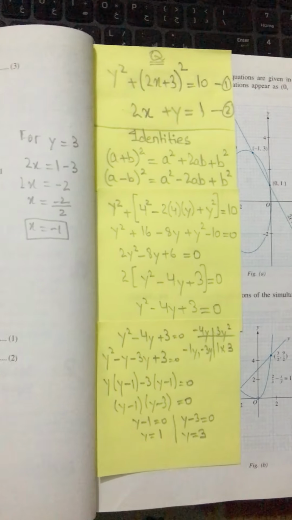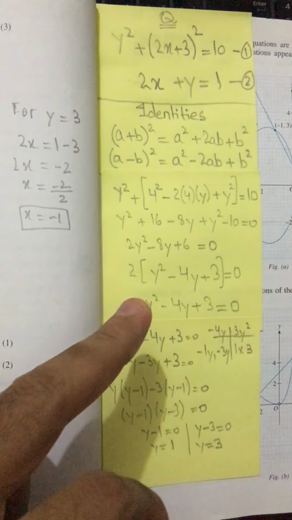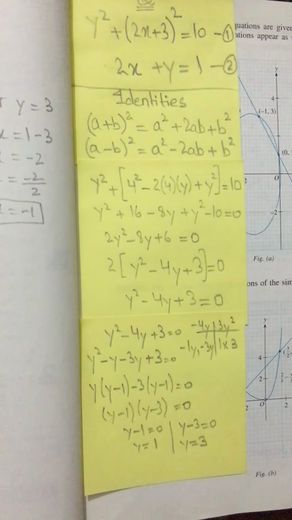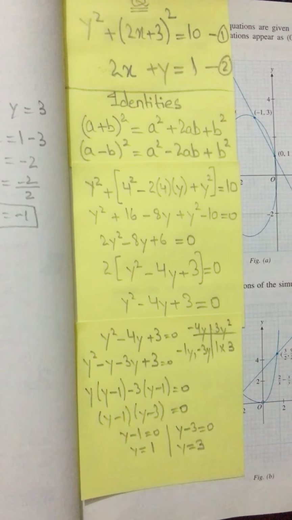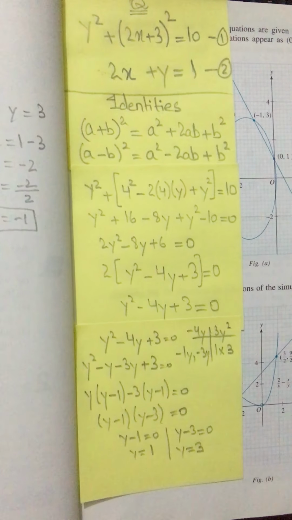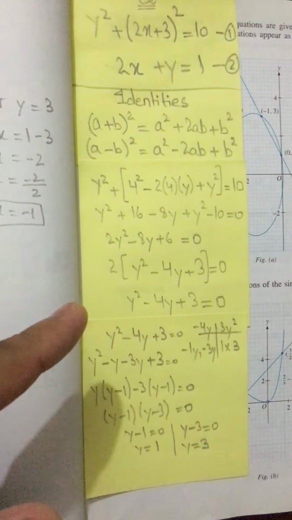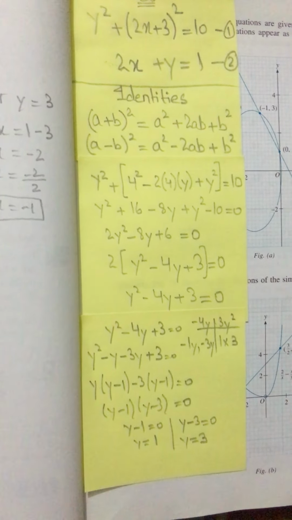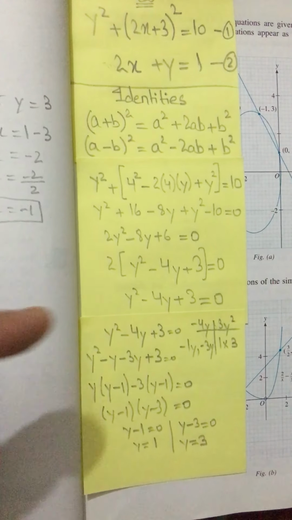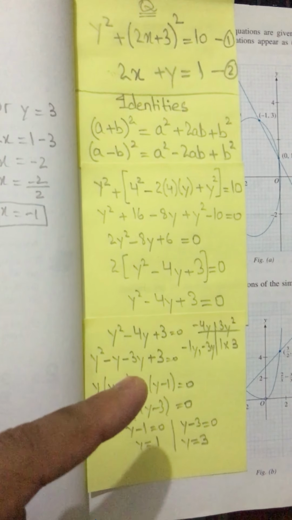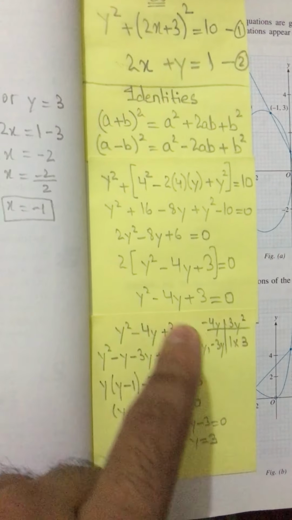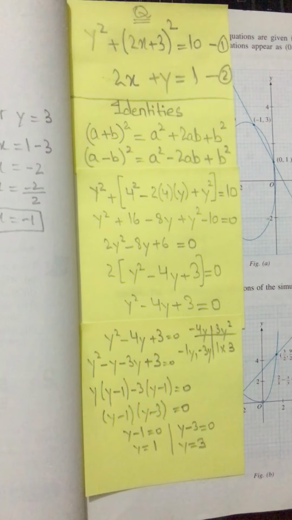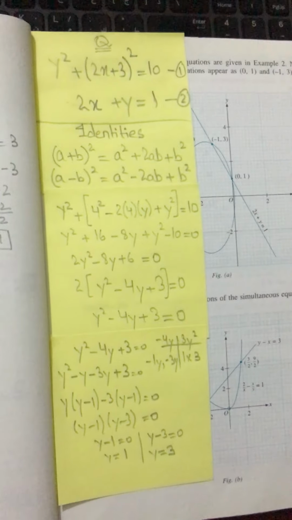So now I have a quadratic equation, and I know that a quadratic equation can be solved by a method called the middle term breaking method. So we will be applying the middle term breaking method, because there is nothing common between y square, 4y and 3, so I have to break the middle term, and I will break minus 4y in such a way that I will be getting the corners. This is a method for applying the middle term.